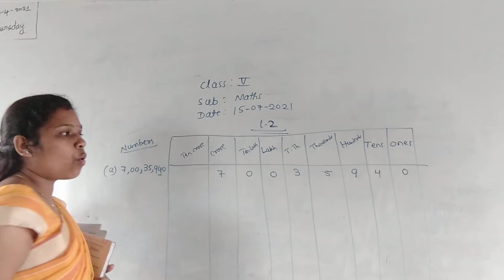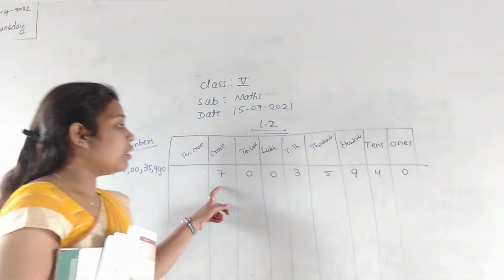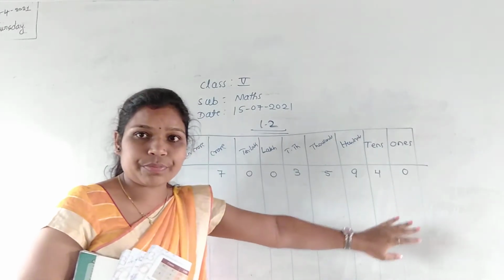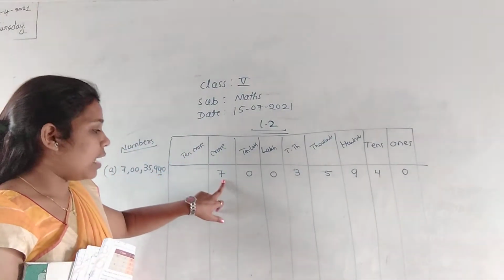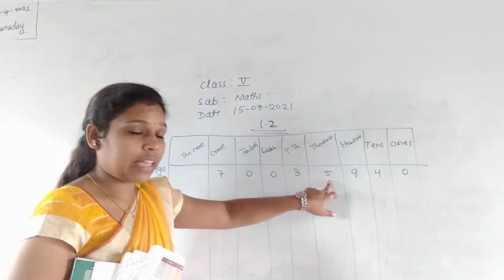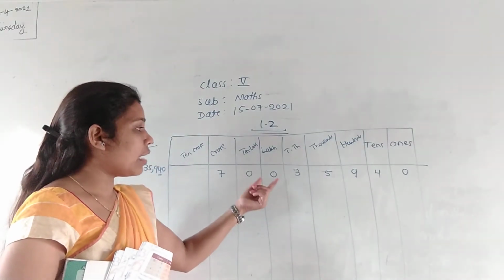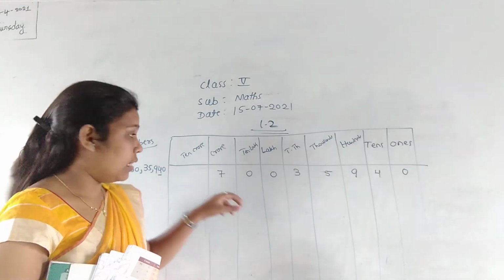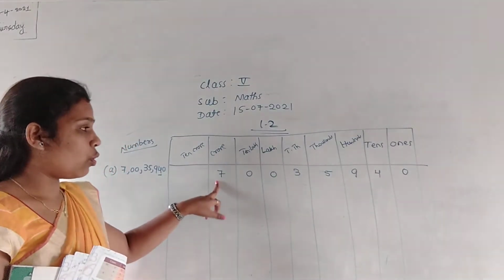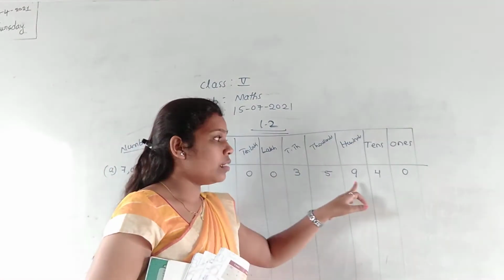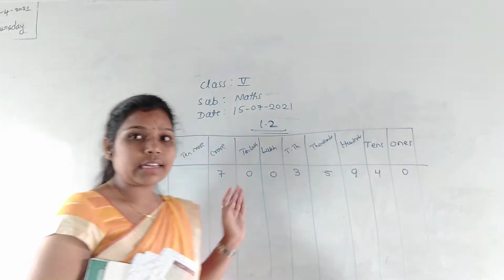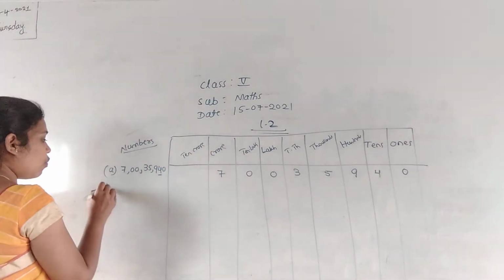7 crore. So what is the number here? The 7 crore 35,940. Understanding what I am saying here? 7 crore 35,000, because in lakh and 10 lakh there is 0. Then it means what? No lakh value is there. Then it is 7 crore 35,940. So that is the number given here, right? So now next, go for the next number.